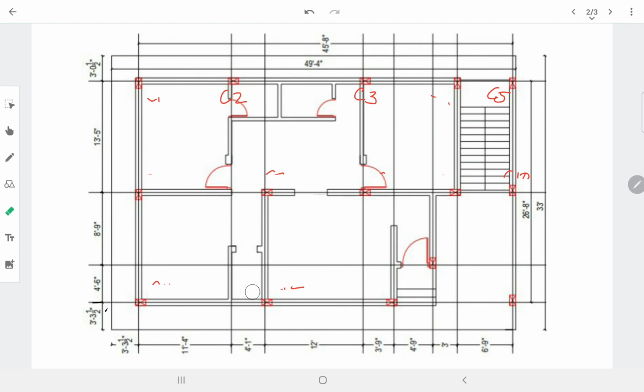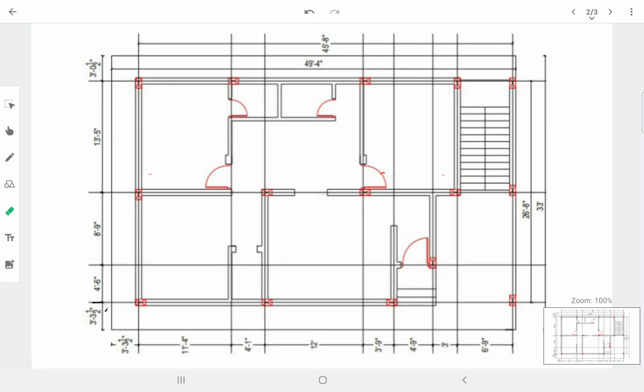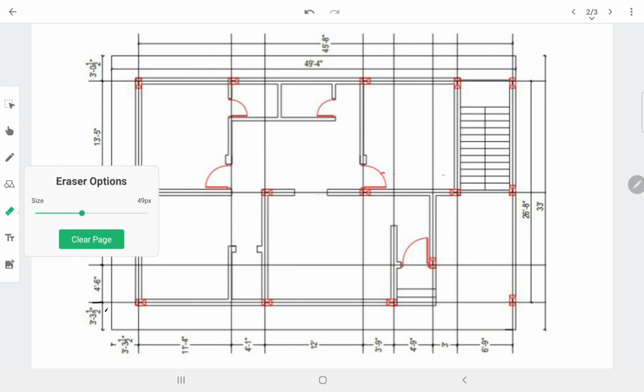One thing you should keep in mind is whether the center line is crossing the center of the column or not. Suppose it is 15 inch, so this is 4.5 inch and this is 10.5 inch, like that we have divided. When you mark at the side, you must have these dimensions to draw or project these columns at the side.